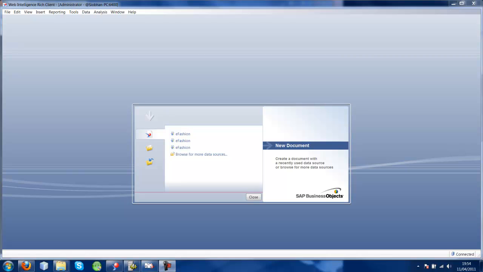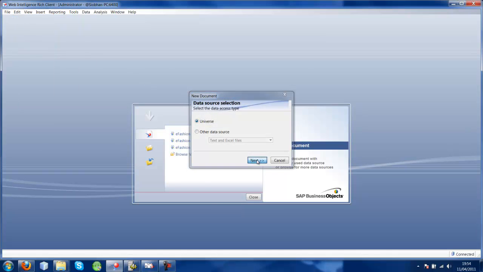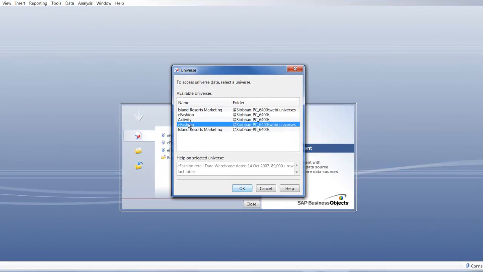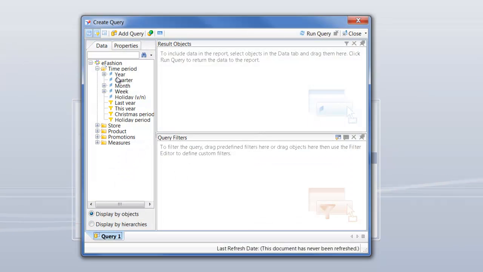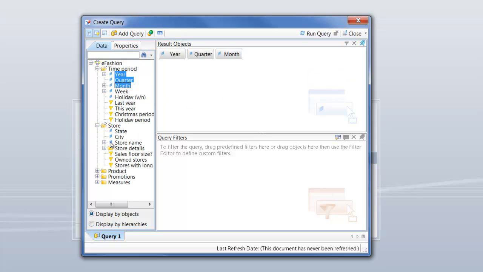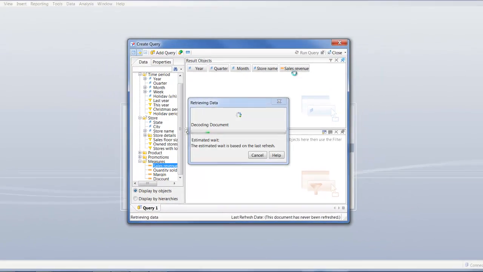Today we'll be covering how to use graphs and how to configure them. I am going to start off by creating a new query based on the eFashion universe. The objects we'll be selecting in the query are year, quarter, month. Under store I want the store name. And for my measures, I am interested in the sales revenue. Run the query,